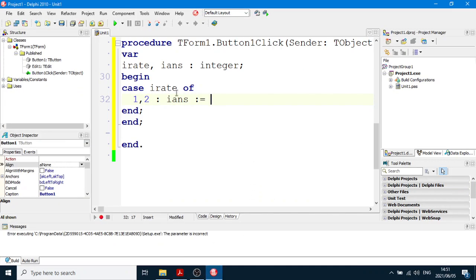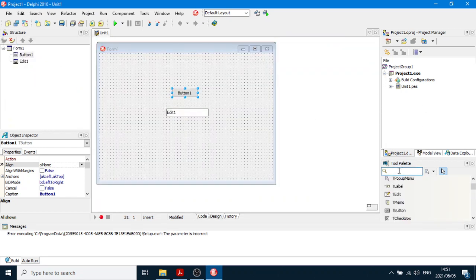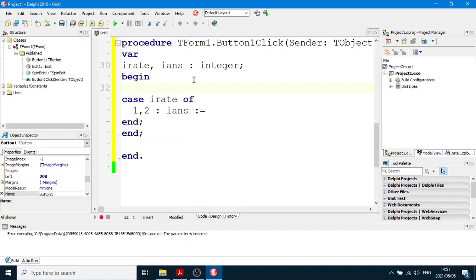Okay, fine. The people are going to choose from a spin edit. We're going to put a spin edit on the form. Type in here spin. Just type in spin and then you'll find spin edit. So that's spin edit 1. So they're going to choose their hours. Okay, so that will be input. So I'll have the hours, going to be the input from the user, spin edit 1 dot value. Remember, it's dot value. The name of the spin edit is spin edit 1,